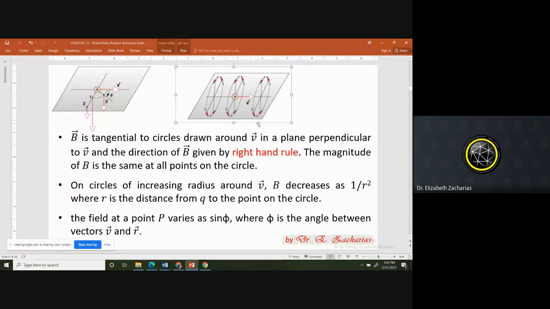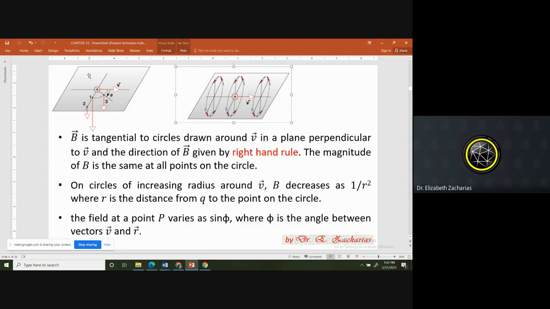At all points on any one circle you take, you are finding that the magnetic field is tangential to the circle. Just take a circle. This is the path of the charged particle, either in front or behind. You imagine a circle, and at all points on the circle, the magnetic field is tangential to the circle. Tangential to a circle means it is moving around in a circle. The magnetic field line is like this. But then is it like this or is it like this? That is the next question. For that, you use your right hand rule.